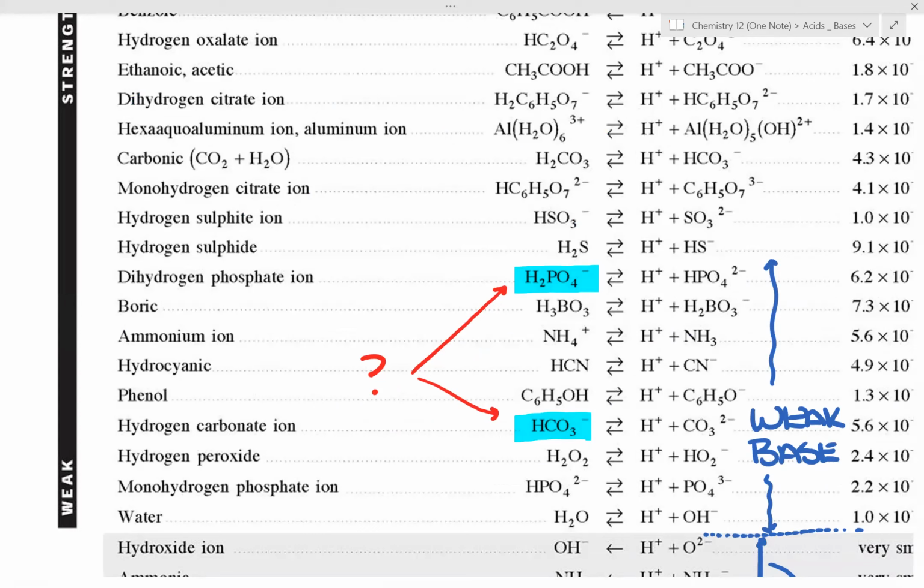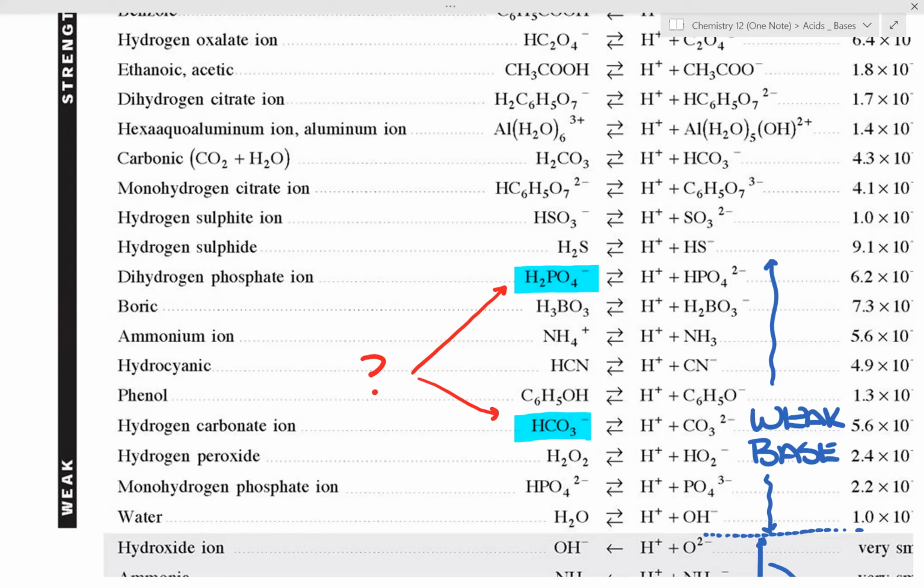I don't know if you've experienced this. You know, people try to outpush each other to give their credit card to the waiter. And basically, whichever one is more stubborn or more aggressive will end up paying for the dinner. That's the same idea with this H2PO4 and HCO3 minus 1. They are both wanting to donate, but because the H2PO4 is better at donating, it will donate its proton more